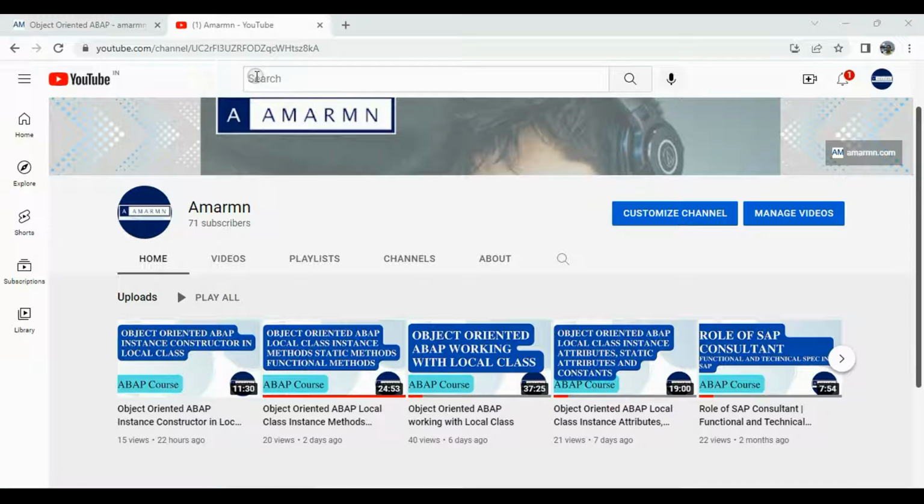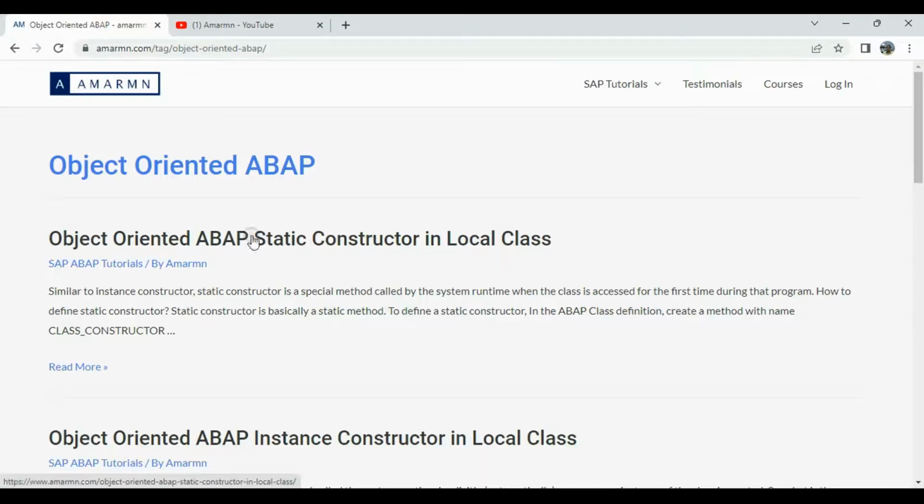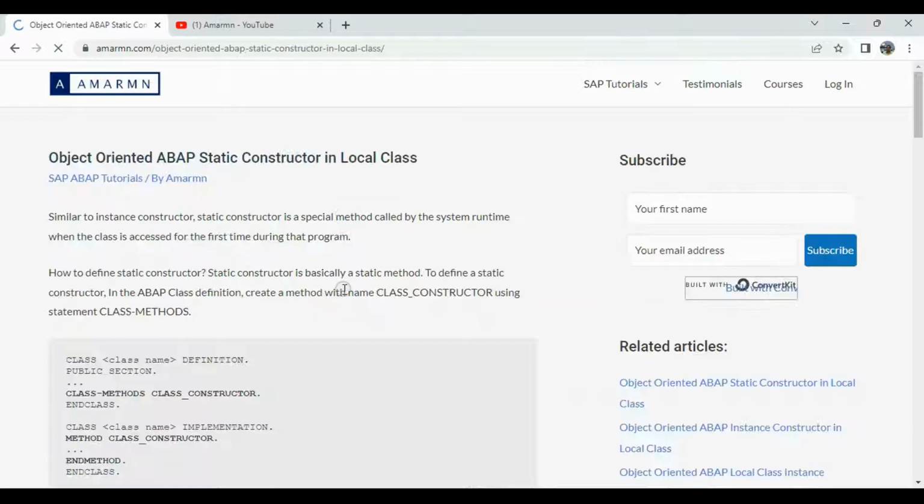And in this video, we will discuss another topic of object-oriented ABAP, that is working with static constructor in local class. So first, let us understand what is basically a static constructor. Now, static constructor is, you can say, similar to instance constructor. They are special methods which will be called by the system runtime when the class is accessed for the first